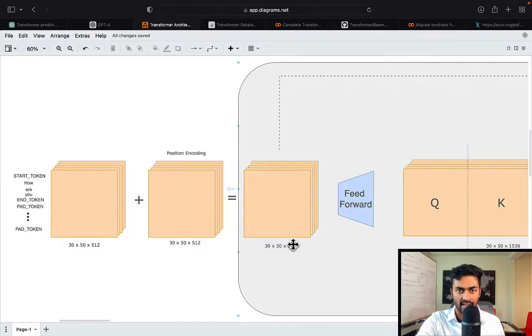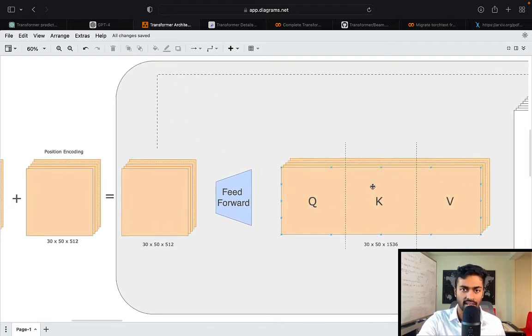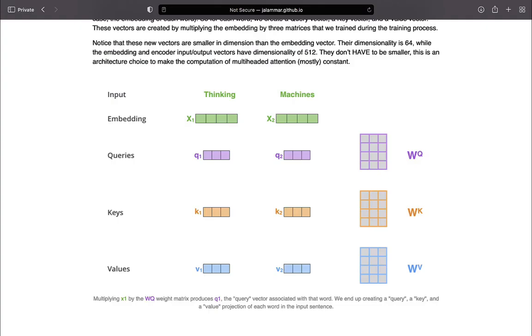We then get this final tensor over here that we pass through a feed-forward network in order to get query vectors, key vectors, and value vectors. So every word is split up into 3 vectors: a query vector, a key vector, and a value vector. In past videos on this topic, I have discussed very specific differences between them, but this is honestly just for our understanding, and the difference isn't very explicit to the model itself. I've received a number of comments that dig a little too deep into the exact definitions of these 3 query, key, and value vectors,